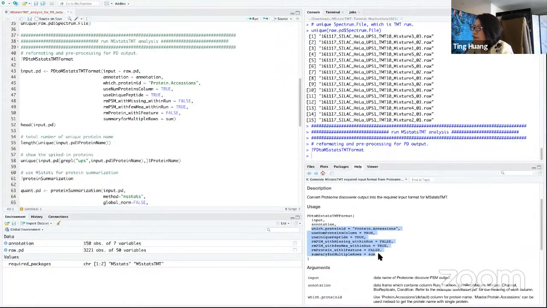For these options, I think the most important one you may want to change for your own data set is which protein ID you would like to use. Like here, I use the protein accession, but if you want a single protein ID, you may change it to master protein accessions. So that's probably the option you may change when you run your own analysis. It's the protein ID option. And the others are just to